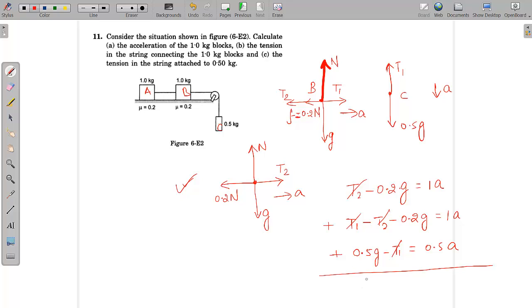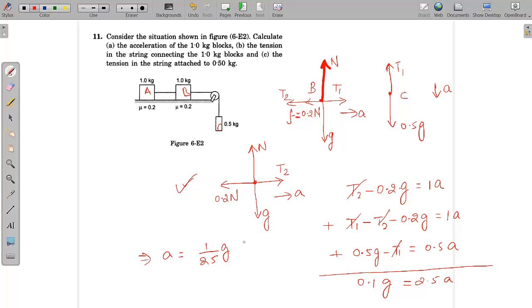So how much are we getting? 0.5 minus 0.2 minus 1.5, that is 2.5. So that means the acceleration comes to be 0.1 by 2.5, so 1 by 25. That means our assumption is correct, right? There is no issue in that. So the body is moving actually.